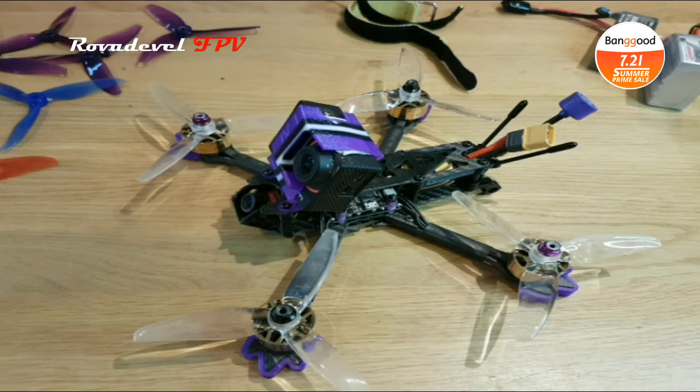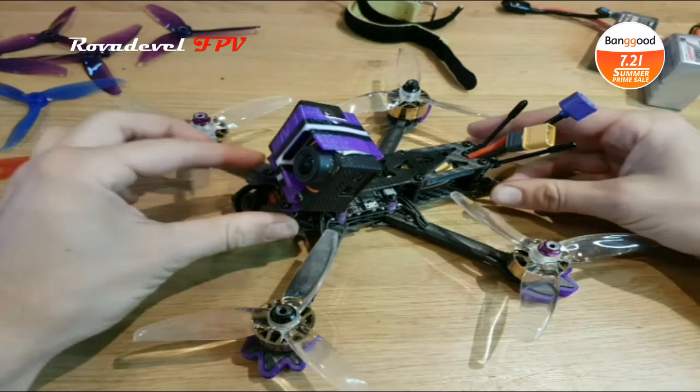My name is Robin from Roverdevel FPV, and this is the Eachine LAL 5 style. It's a 5-inch quadcopter. It comes in a 4S version and a 6S version. You're looking at the 6S right now. Comes as a plug and play